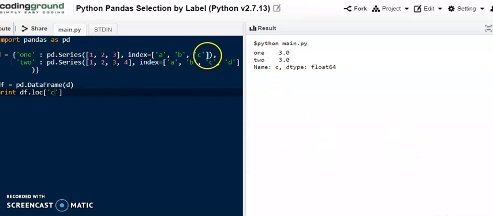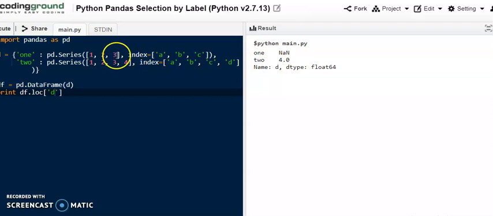Now in the c position, here is 3, and in the 2 column label here is also 3, so 3.0, 3.0. Now if I want to access d, then what will happen? We can check it here again. Now execute. You can see what the output is.